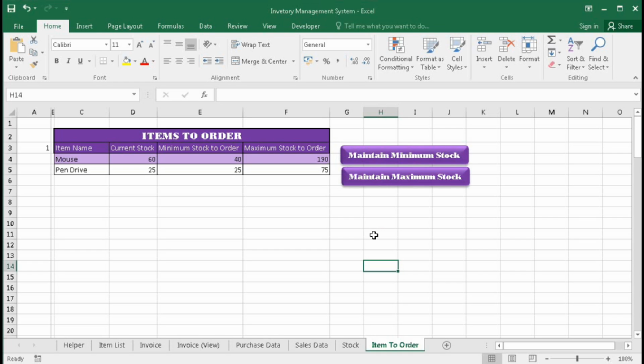So now we will create a VBA code to hide and unhide these buttons and these columns. So first, when we click on maintain minimum stock, this button, then here on A3 the value will be 1, and if I click on this one then it will be 2, and this column will get hidden if I click here. And if I click here, it will generate 2 here, then unhide this one and hide this one. So for that, go to Visual Basic